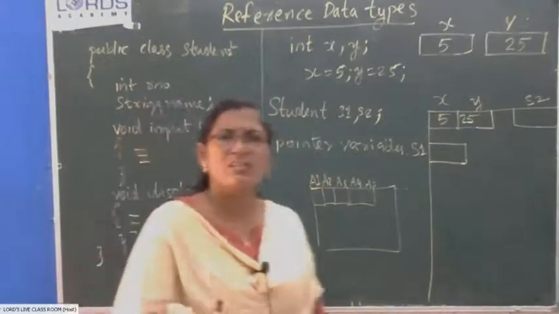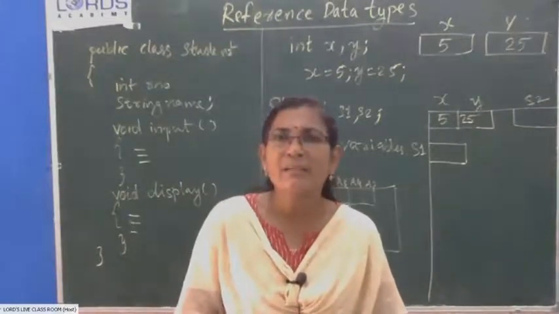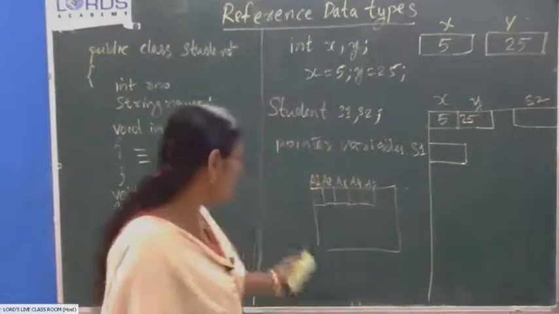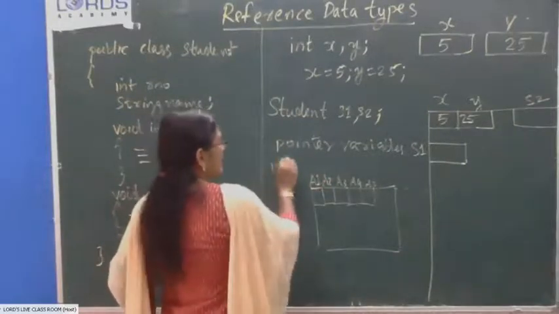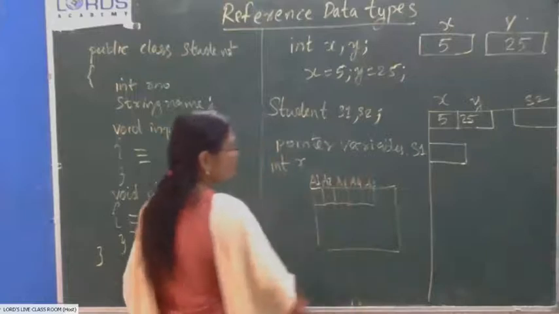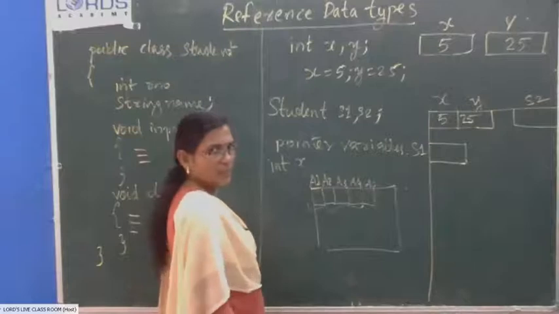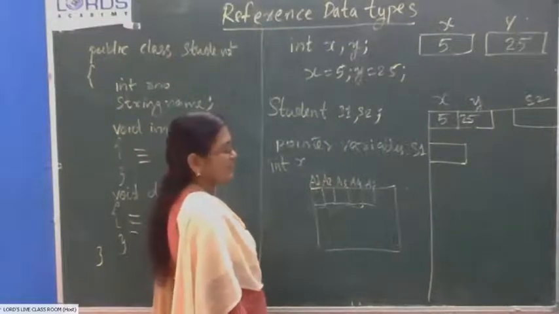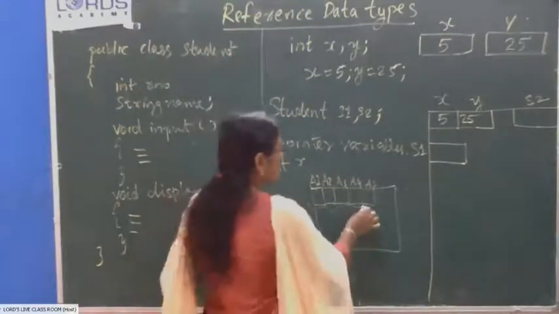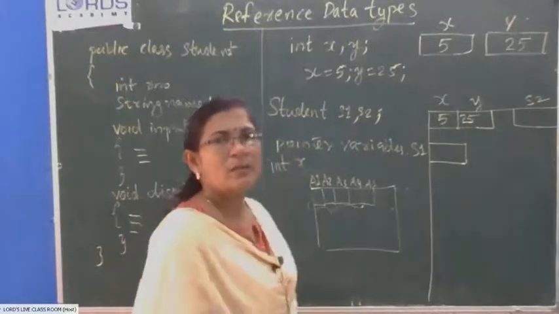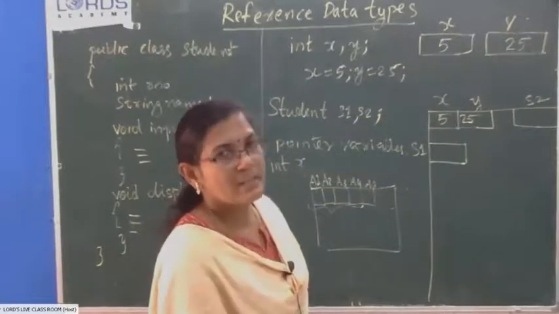But we don't know the cell addresses of different storage locations in the memory. It is very difficult for us to find out the internal addressing system, the address of each memory location. So what happens when you give the command int x, when all these memory spaces are free? What will the computer do? First 4 bytes will be reserved, isn't it? Sorry, one byte is how many bits?